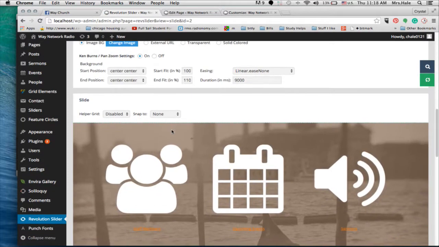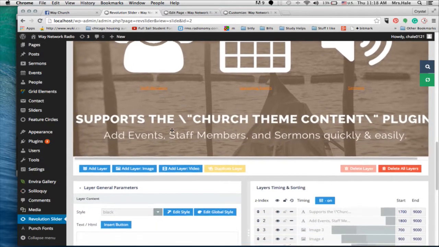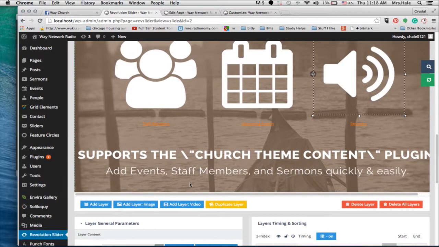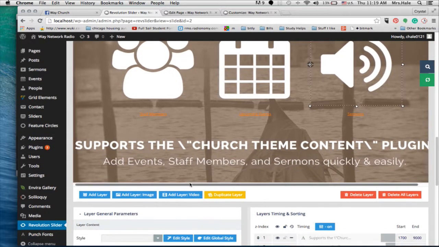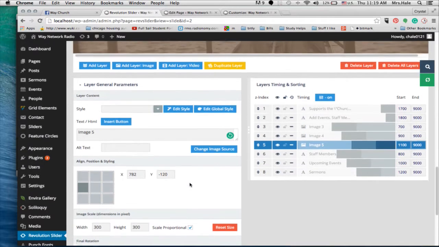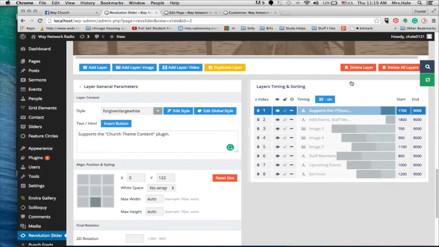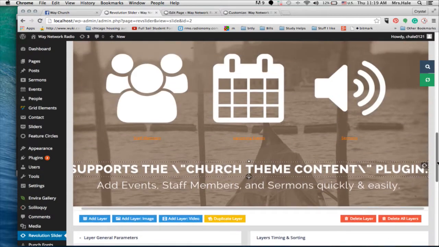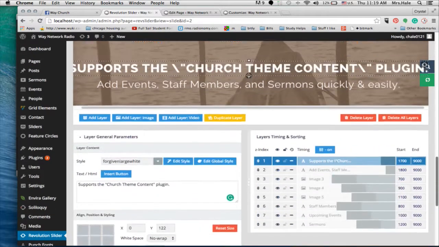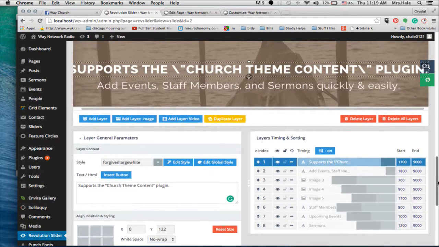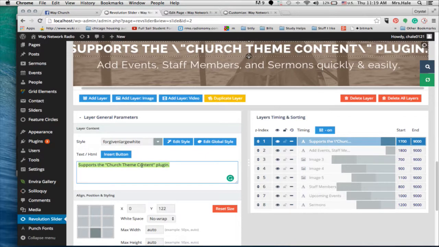Same thing. But now it has links and all that stuff like that. So support, search thing, add events, all this stuff. So right here where it says supports, okay, and on here this is what I would do. I would put